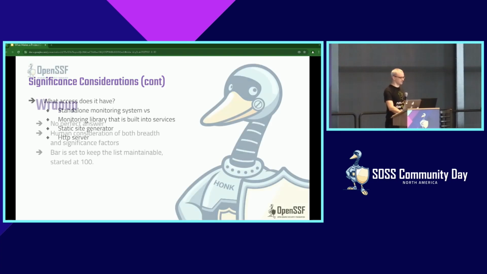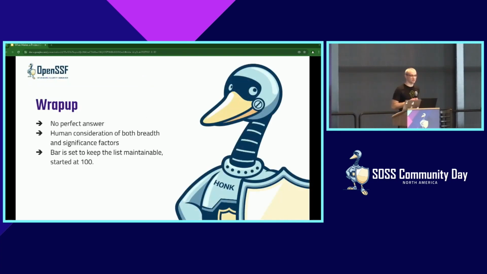All right. So, quick talk here, but I just wanted to wrap up everything. We built this list of critical projects. We used all these considerations to decide what is critical and what is not. This was a human process. We used those statistics, those criticality scores, to evaluate the projects, but we used our human working group to get together and weigh the pros and cons, or the different weights of each part, and decide what's critical and what's not. You can get an idea of the breadth or significance of something, but you have to set a bar somewhere to decide how long you want the list to actually be.